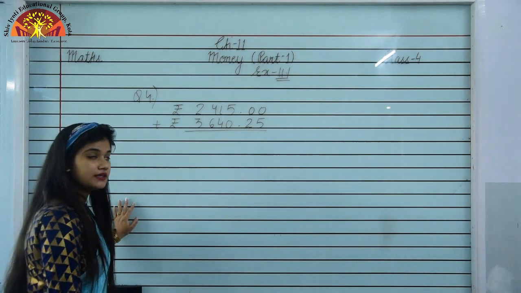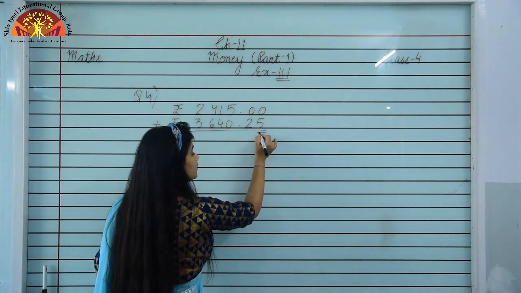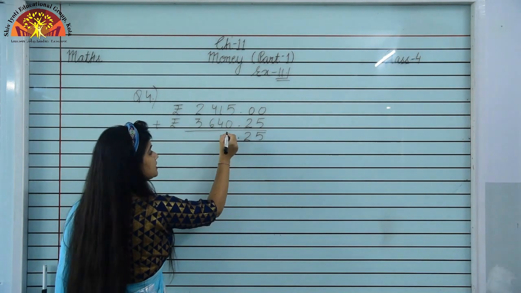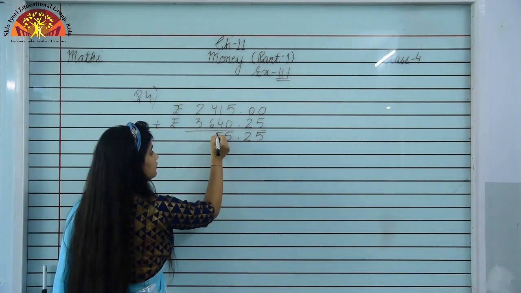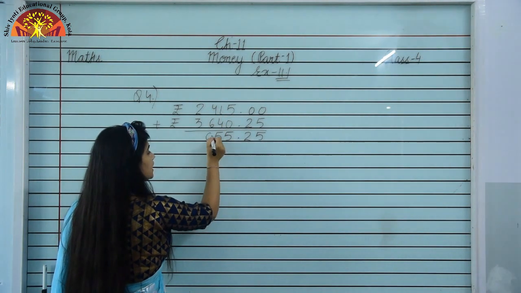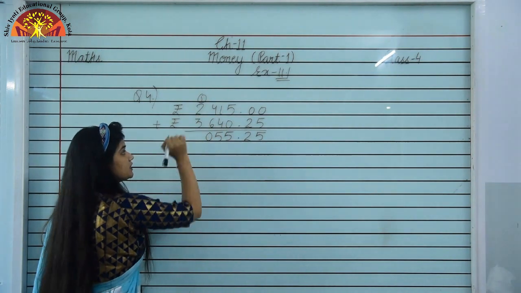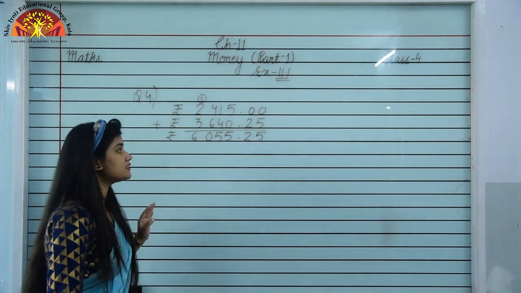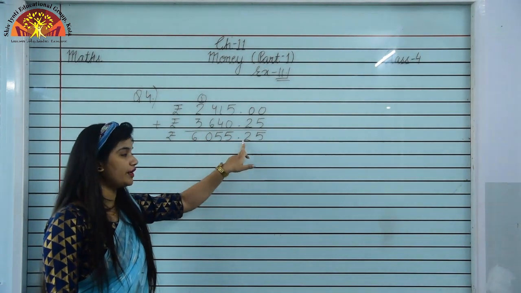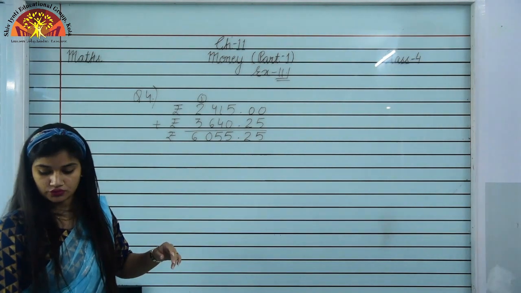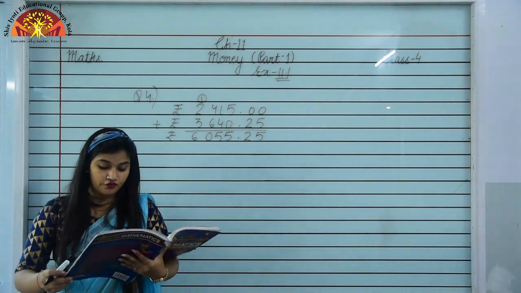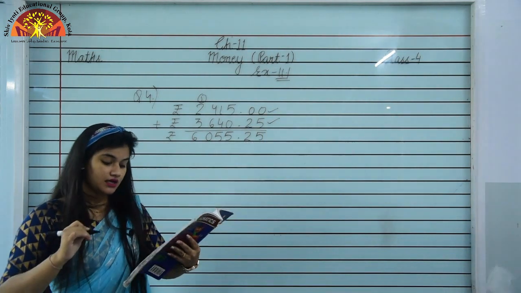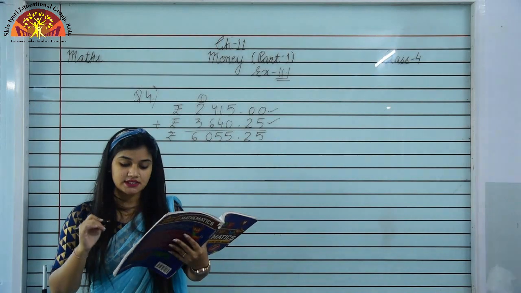Now we have to add these two numbers. 5 plus 0 will be 5, 2 plus 0, 2, decimal. 5 plus 0, 5, 4 plus 1, 5, 6 plus 4, 10, carry 1, 3 plus 2, 5, plus 1, 6, and the answer is 6055.25. Now what we have to do in this question: from the sum of this and this, subtract rupees